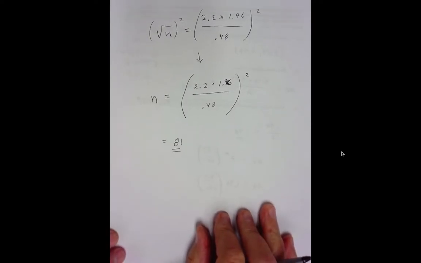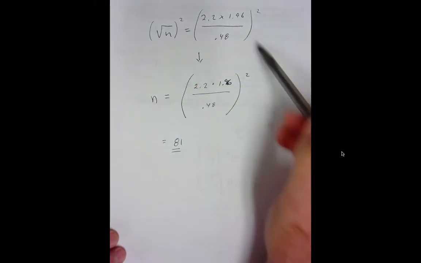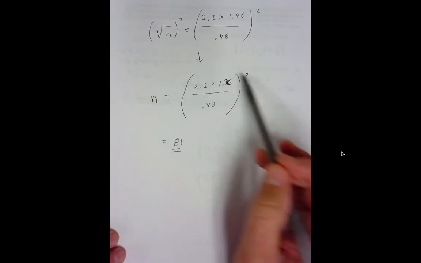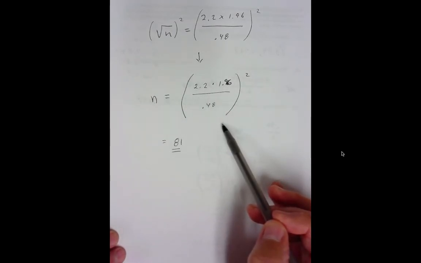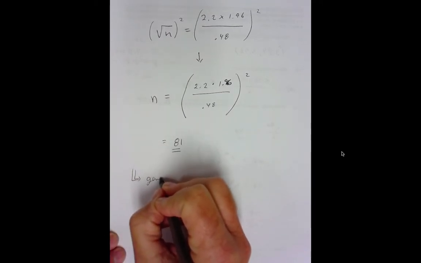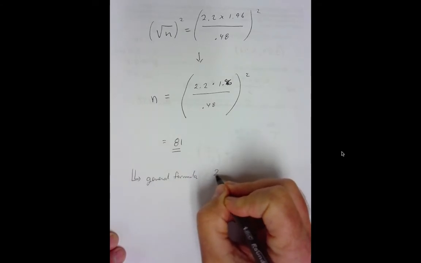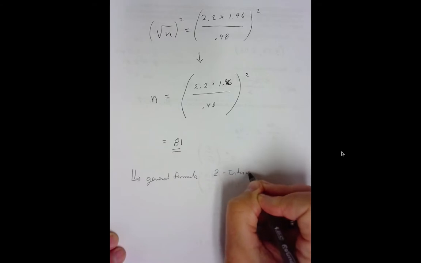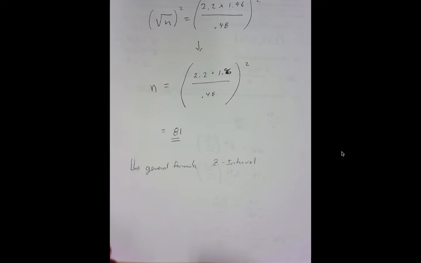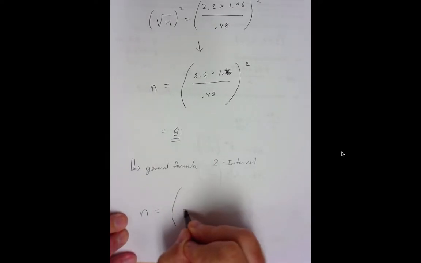Now, you may have been screaming at the screen, why are you doing all this? Why are you not just solving things little by little? Why does everything have to be in this form? Well, guys, what I want to do is create a general formula. When you have a z interval, how can you easily calculate the sample size to get a particular margin of error? So guys, let's think about this. This answer